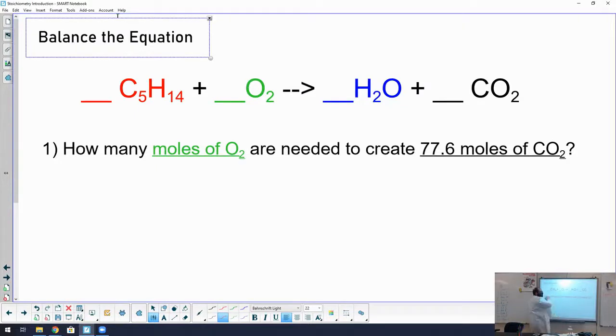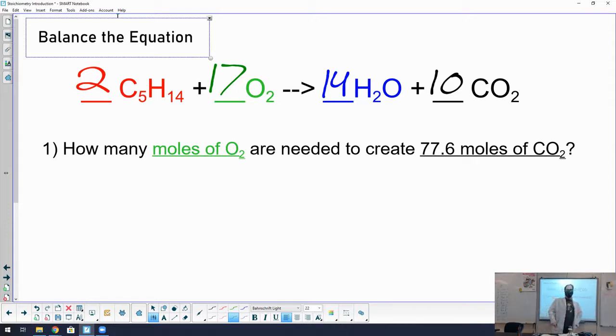So when balancing this, we might have noticed that we needed a big old 2 out in front of here. Hey, that's going to affect our amount of carbons and hydrogens. Okay, so that means we're going to have 34 total oxygens on the right-hand side. So I'm going to need 17 as my final balanced equation. Okay, a bit of a tricky balance, but once you have it balanced, a problem like number 1 here should